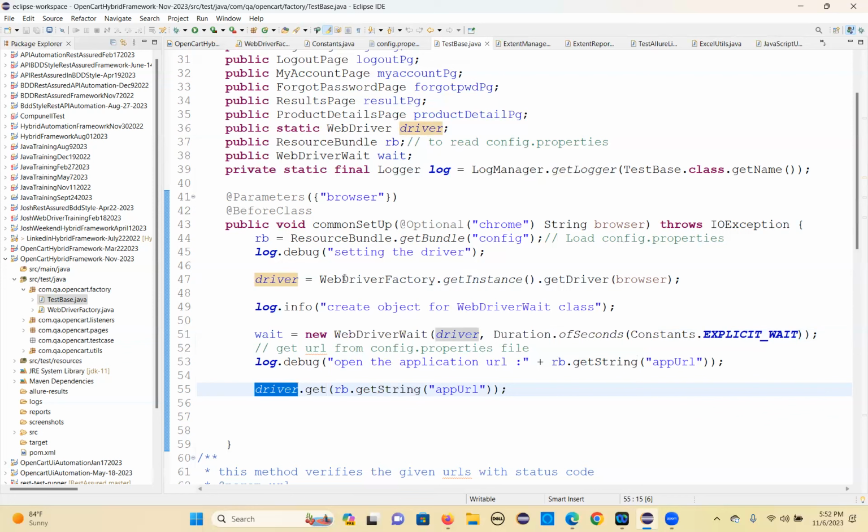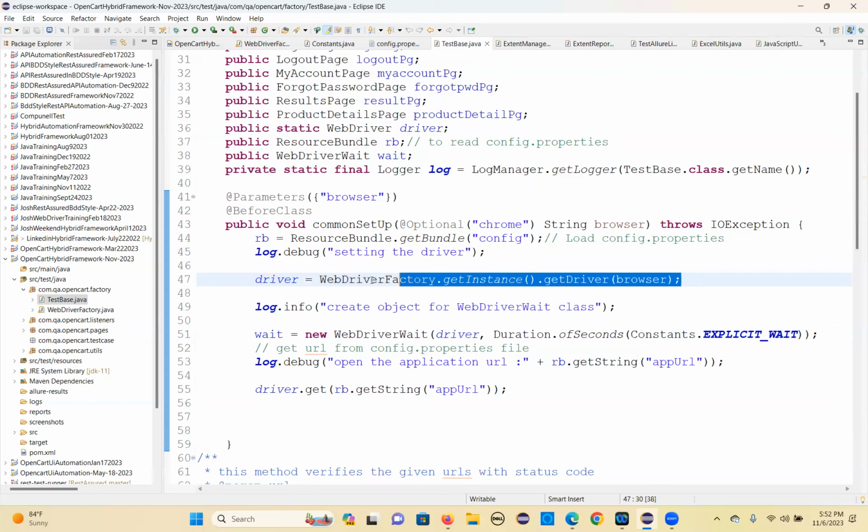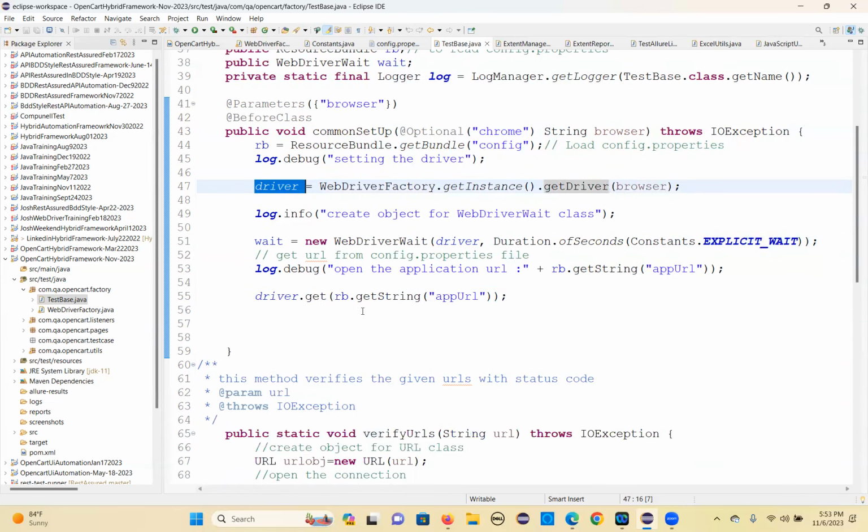See, we called WebDriverFactory here. In the WebDriverFactory, the getInstance method is a public method. getDriver is a public method. So you are assigning that to the driver reference variable. So that is the first setup, your browser and application setup. Then we have